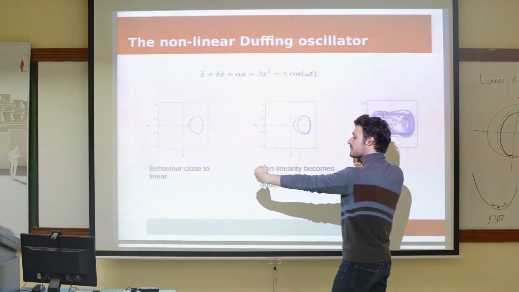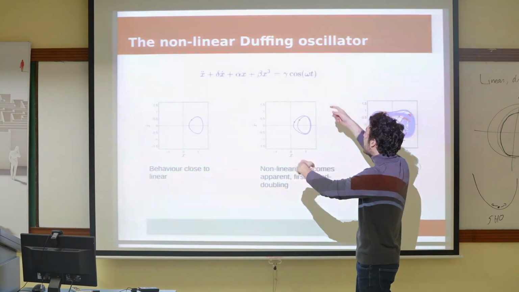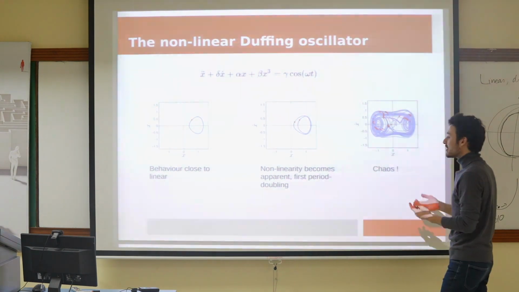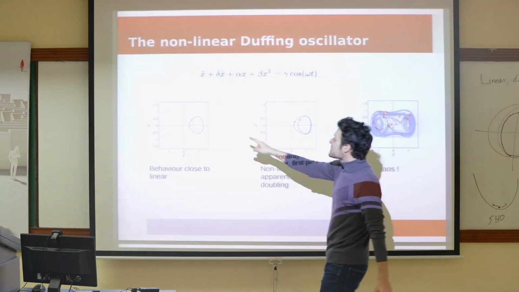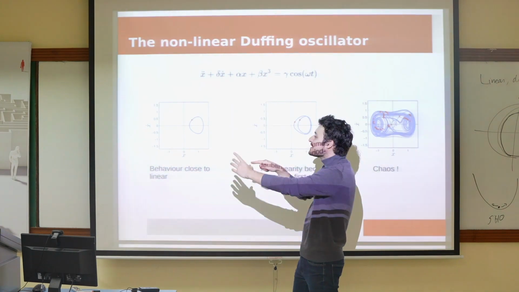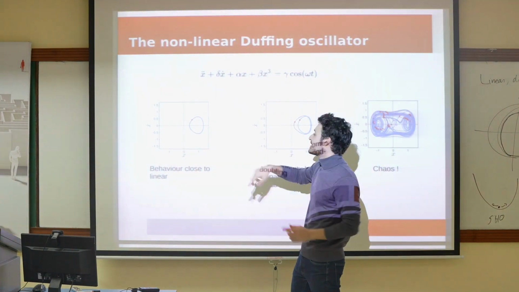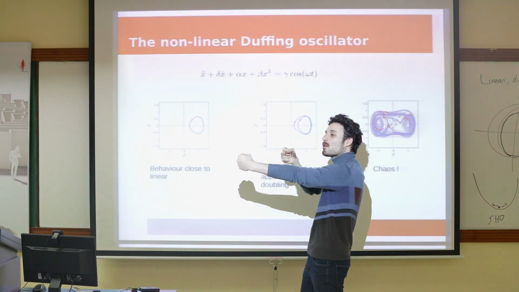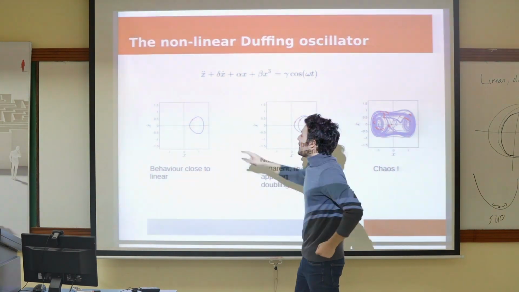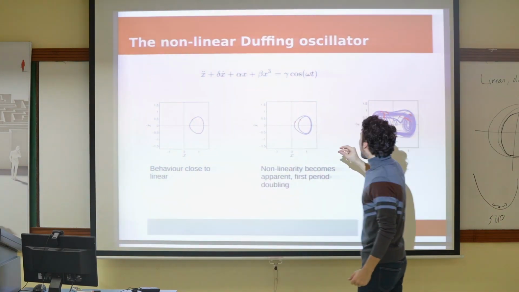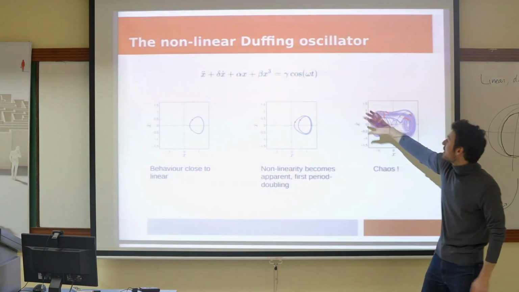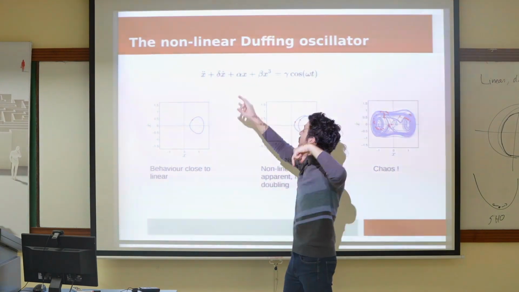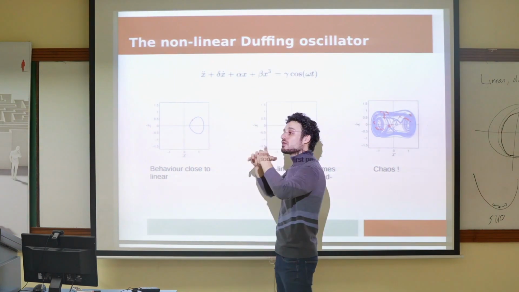So with your oscillator, this time, if you're driving it slowly, then it still behaves like a linear harmonic oscillator. It's not quite a circle, but it still has a nice limit cycle. It has a nice steady state where the oscillator just moves around at whatever frequency you're driving it. But the point is that as you increase the driving, you're going to start to explore the nonlinear parts of the system, the nonlinear behavior.